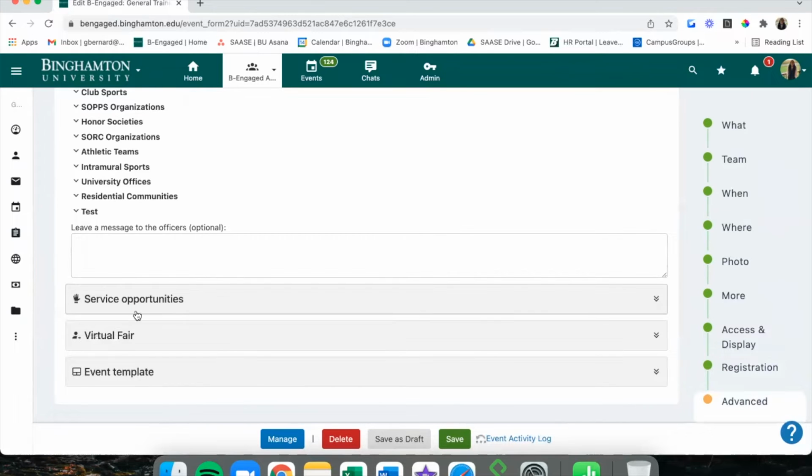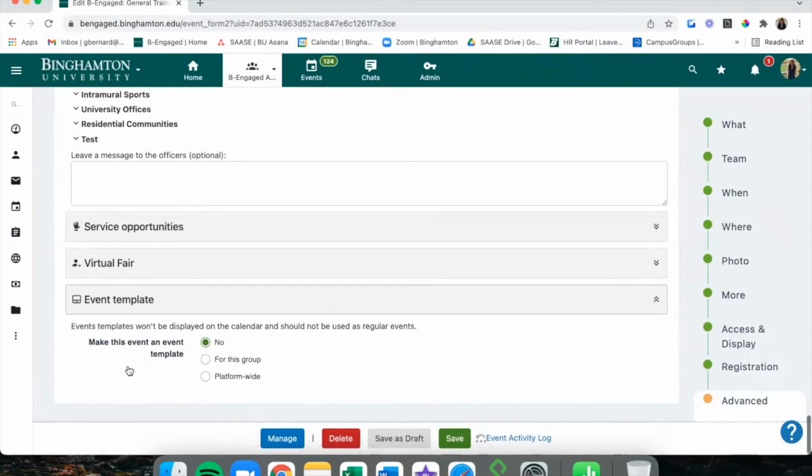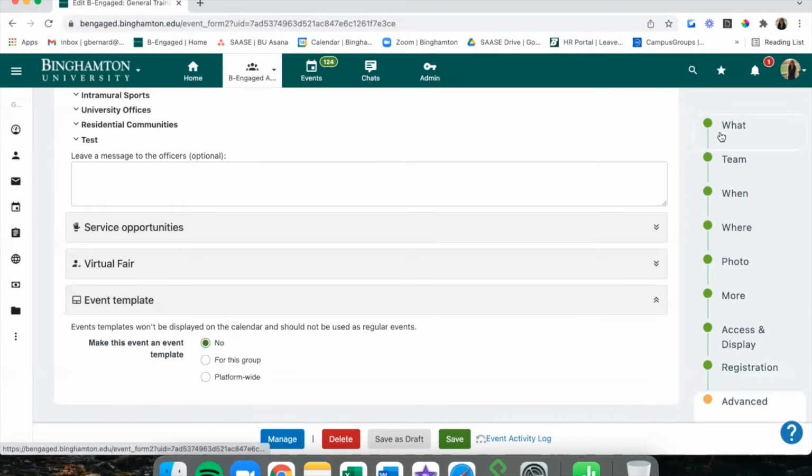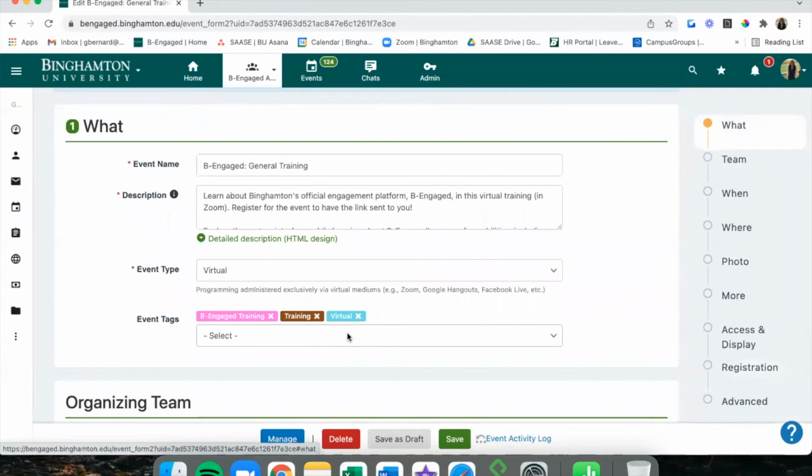And the very last thing on this events list, it's also something I want to draw your attention to, is just creating an event template. So if you have an event that's a recurring event that you want to save your settings for, so you don't have to reset them again and again and again. So for example, maybe you have specific tags that you use every time.